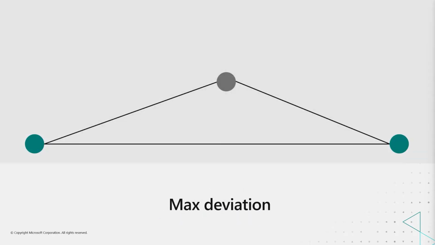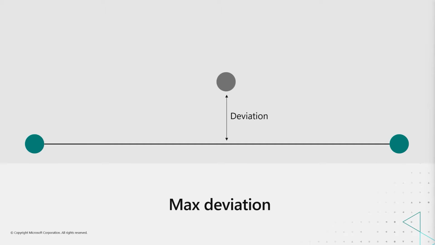So what does max deviation mean? Well, here's an example of a surface where you have a vertex in the middle that is now going to be reduced down to the lower plane. If we do that, what happens is basically how much a vertex is deviating from the original position. And that's basically what we're deciding with max deviation.